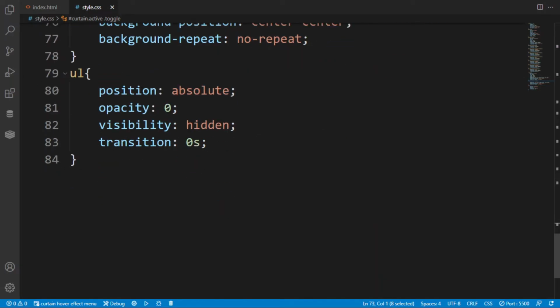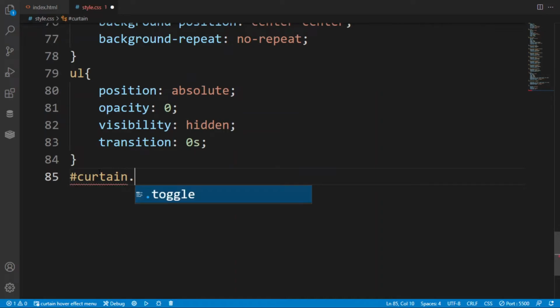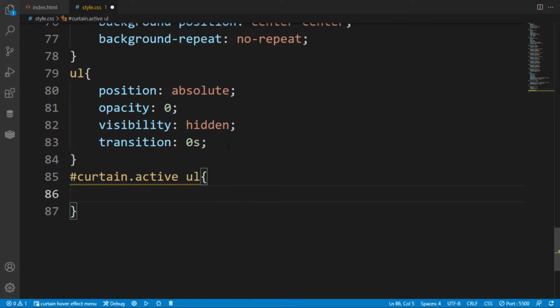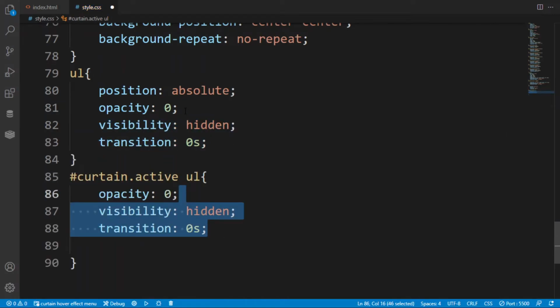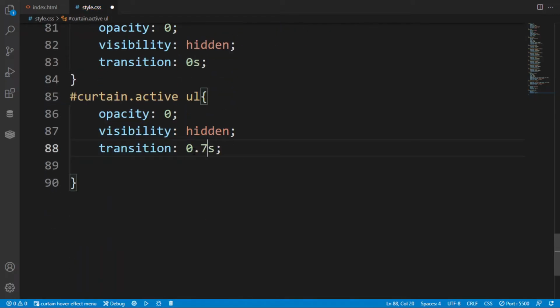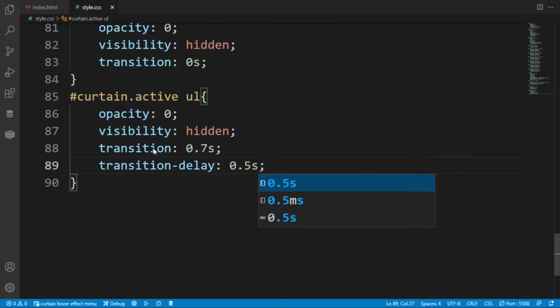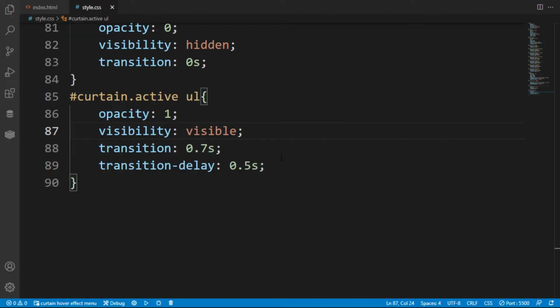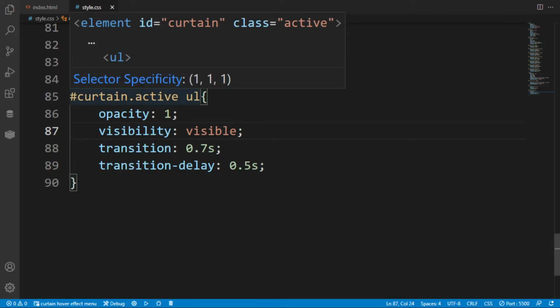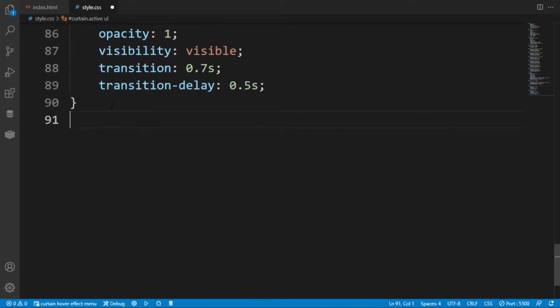So here, as you can see, when the curtain is active, now here I want the UL visibility, transition will be 0.7 second and transition delay will be 0.5 second, because for the curtain the total transition is 0.5 seconds, so it will start when this curtain ends. So as you can see, all the content is in the web page. So select this class and paste it here.